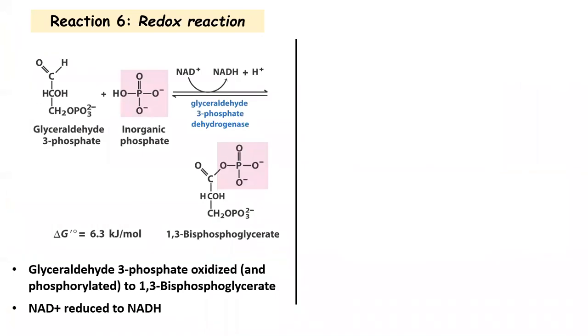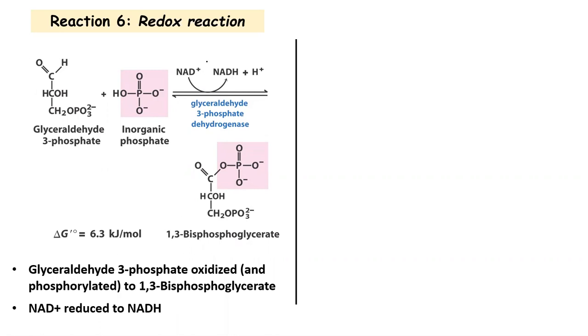Reaction number 6 is a redox reaction, so oxidation reduction. And we start with glyceraldehyde 3-phosphate with an inorganic phosphate as well, and adding NAD plus. And what we're going to do is we're going to oxidize our glyceraldehyde 3-phosphate. At the same time, we're going to reduce our NAD plus to NADH. What that means